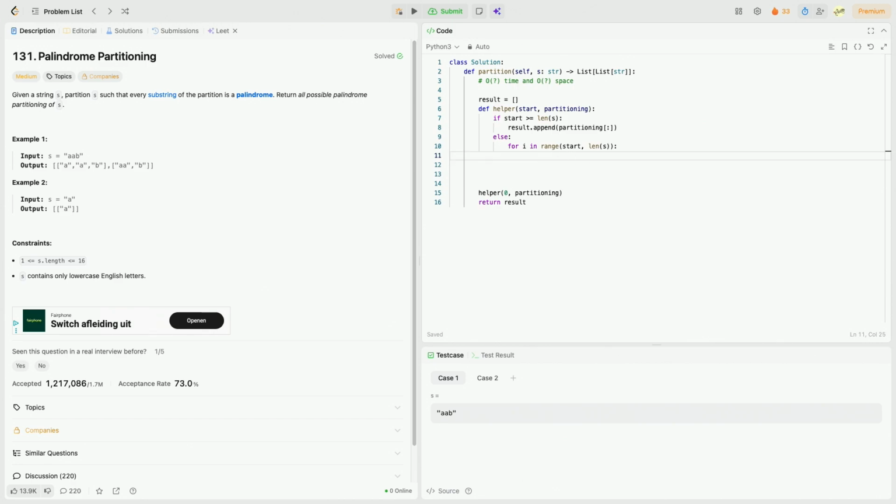And so, well, we need something that tells us whether it is a palindrome or not, right? So if, we need a helper method, is palindrome, from start to i,